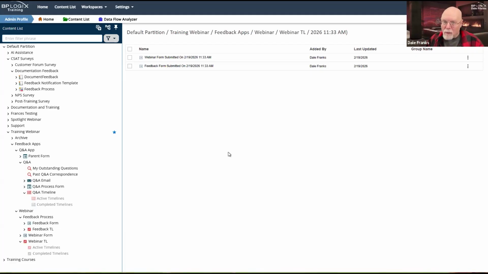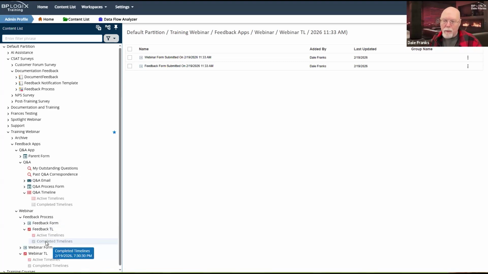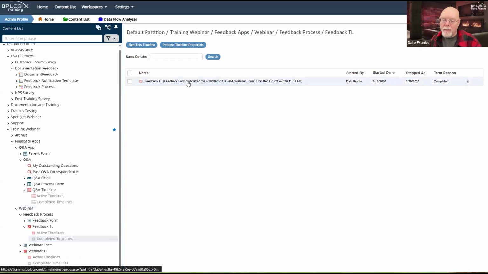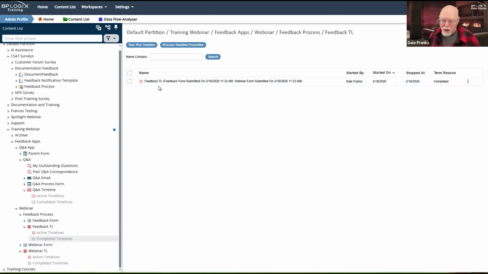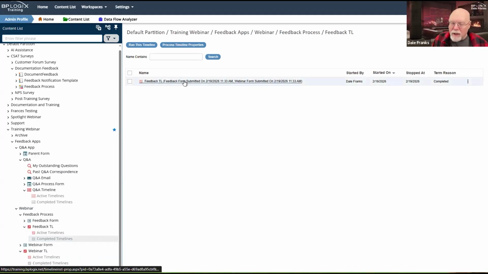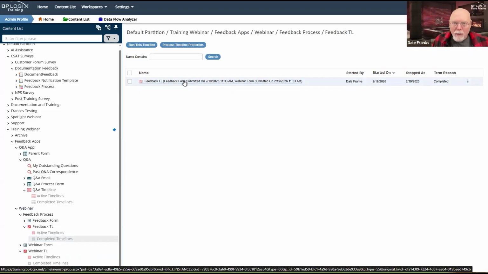For a feedback form, you generally don't want to do that. And if we go back and look at the feedback timeline, feedback form, webinar form.